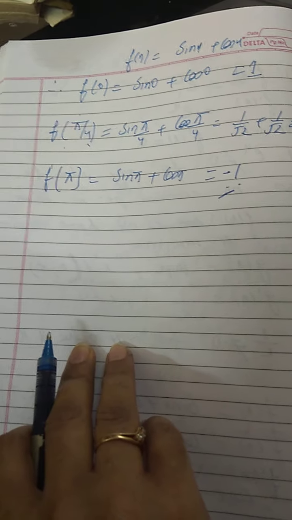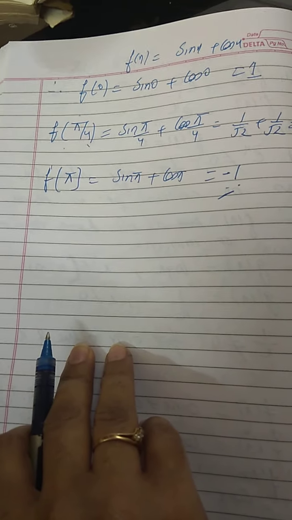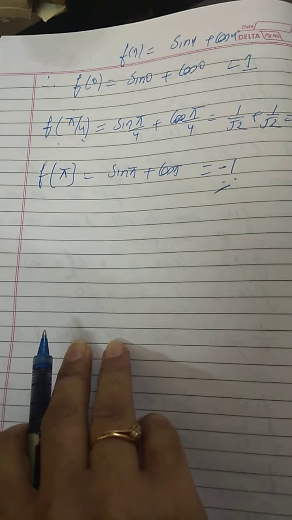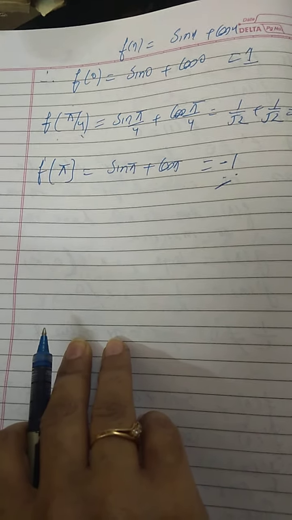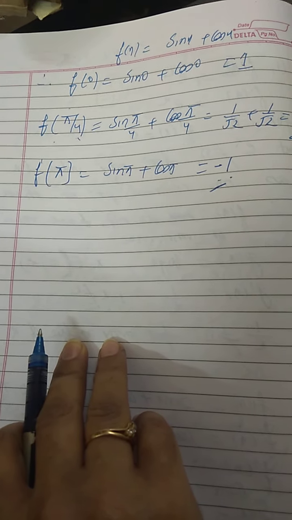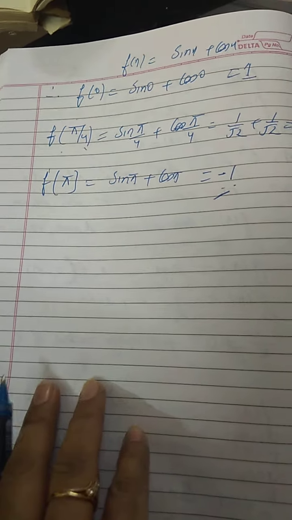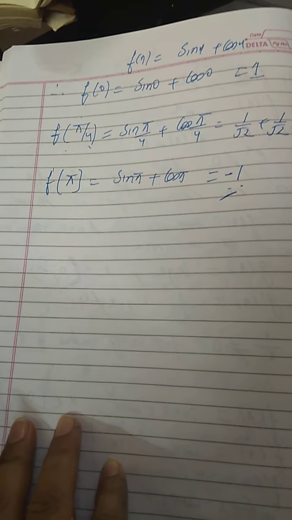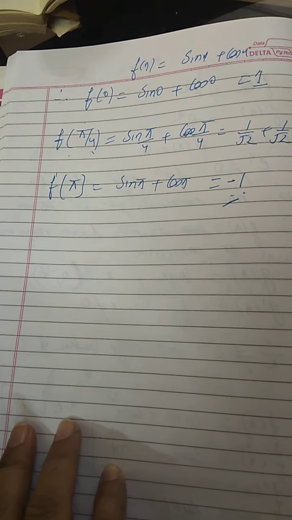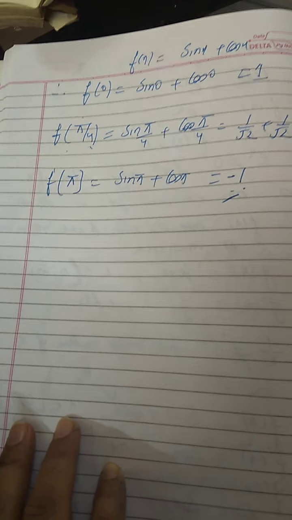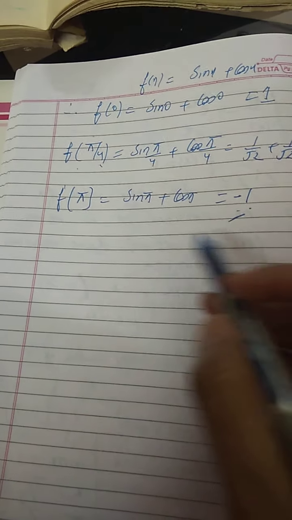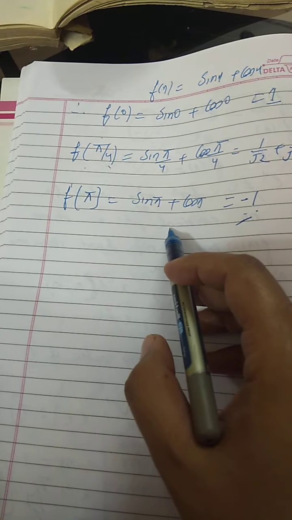Even in sum number 6, find the maximum profit that the company can make if the profit function is given. So once again the same thing, it is quadratic. You will find the first order derivative, find the critical points, and then find the second order derivative to check if the second order derivative is negative at the critical point, that means that is the point where the profit is maximum. Sum number 7, closed interval is given, that means you will be finding the absolute maxima minima as we have done in sum number 5.